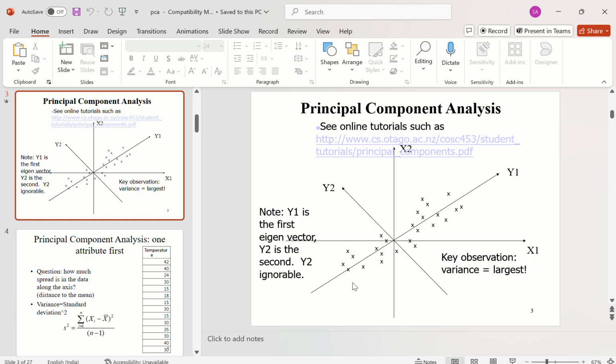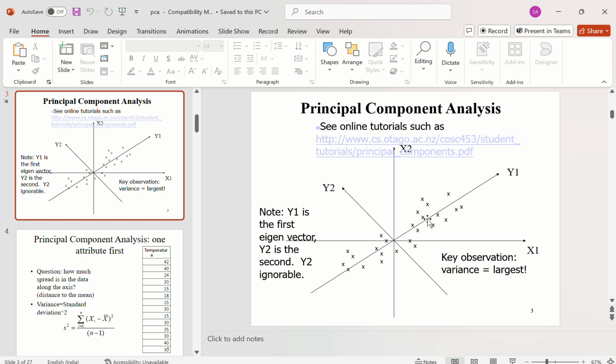So we are trying to find the line which minimizes the distance. Imagine all these points. Now what you do is you start dropping perpendiculars from these points on this particular axis. So all you are doing is projecting these points on the y1 axis. Now we need to find that particular line which minimizes the sum of squares of these projections, right? So the line which minimizes the sum of squares of these projections is the line that we need to find